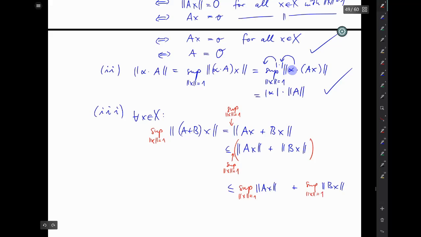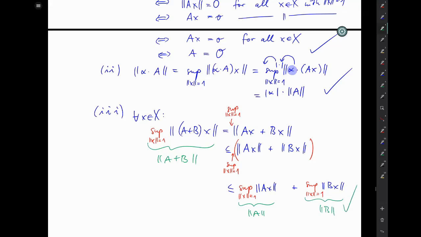So each one of them can be maximized first, and then adding the maxima or suprema will of course make the expression even bigger. But then if you read that out, what you see here, you have the norm of A plus B written here, norm of A is here, and norm of B is here, which means we can check property 3,